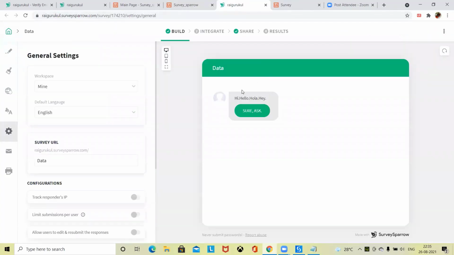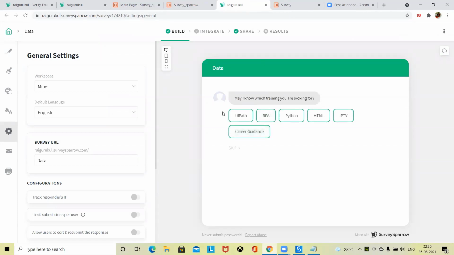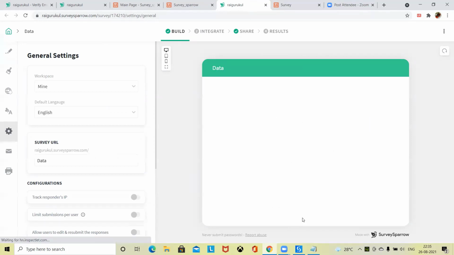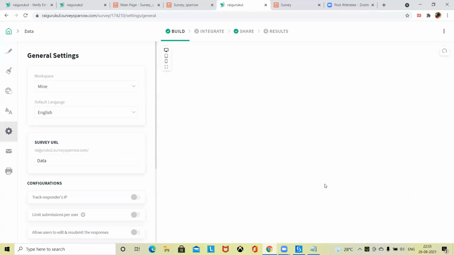Now on clicking this button, it will navigate to the next page where you will find your survey available. You can see that after clicking on this URL, it directly navigated to this page. You will find this component is available. For this chat survey, I have not created much. I have not generated many questions. I have simply added one question here, and then it will directly add to the data.